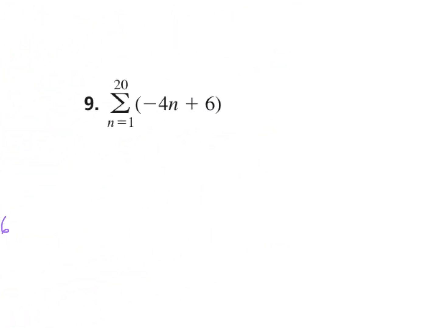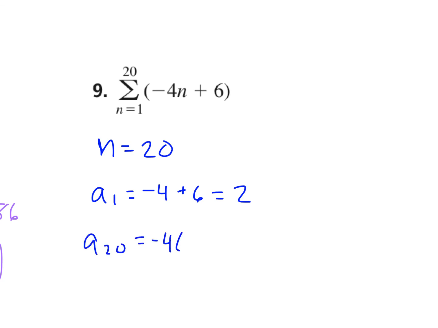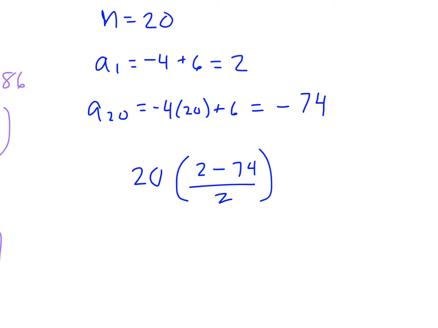All right, last problem, then we're done for the day. Number 9. What's our n? 20. What's our a sub 1? We plug in 1, so negative 4 plus 6 would give us 2. And then what's our a sub 20? Negative 74. Awesome. So we plug everything in, we have n, so 20 times a sub 1 plus a sub 20. That's here, since it's negative, we would just do minus. Put it all together. So we have 2 minus 74 is negative 72